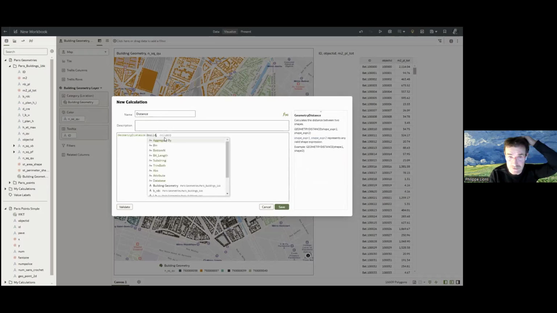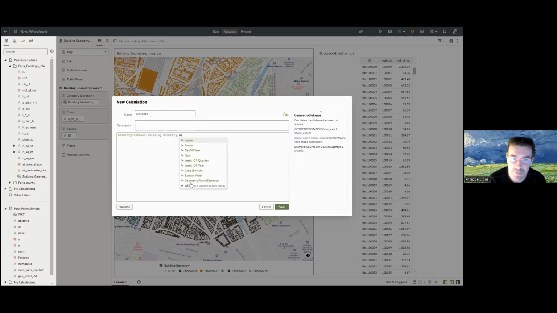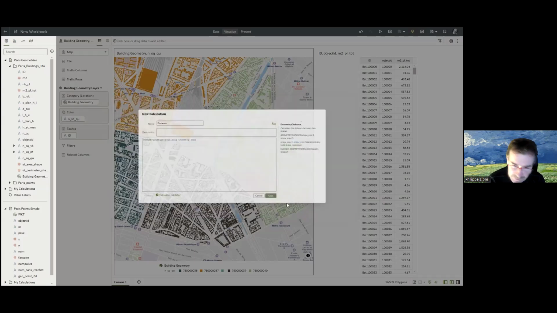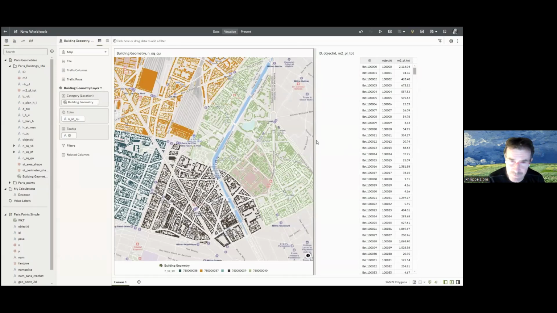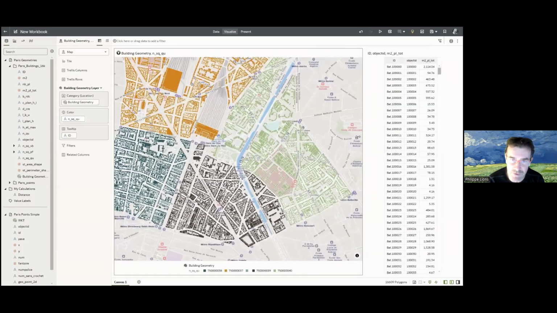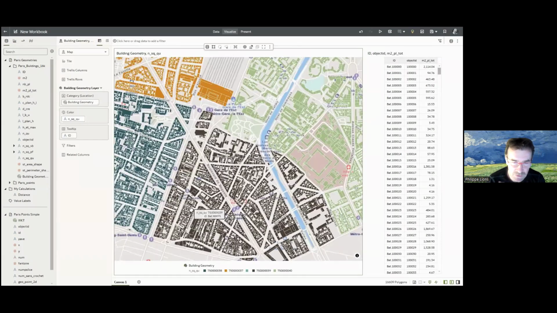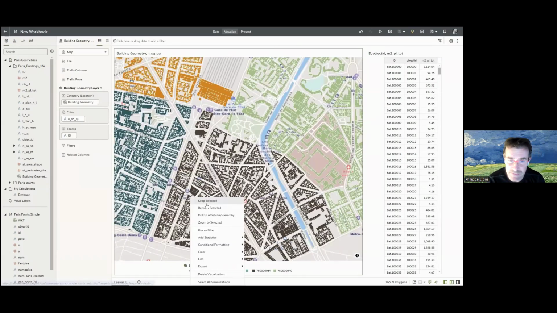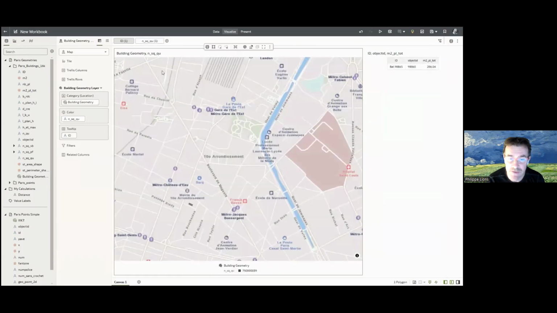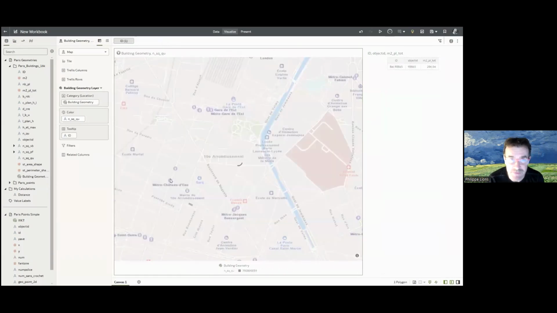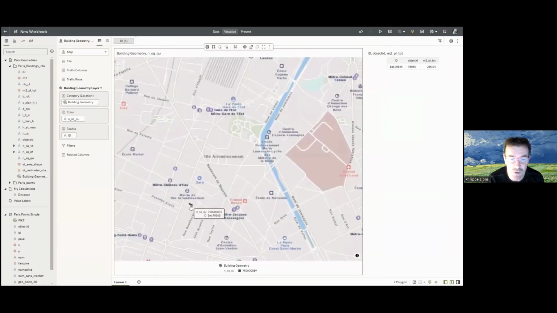Let me just calculate distance. I'm going to select my building geometry on one end and my WKT geometry on the other. In this case, I did prepare my data set so that it properly joined both of them. Now let's select the building, a completely random selection that I did, and show all the points with the distance to this building.